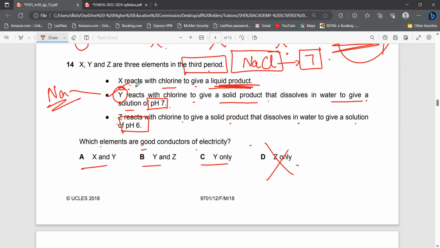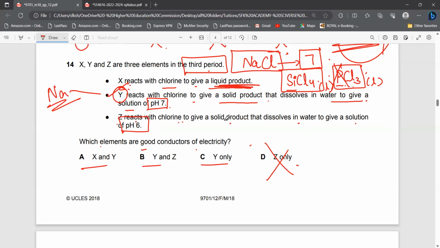What about X and what about Z? लेट्स सी कौन से ऐसे क्लोराइड्स हैं और कौन से ऐसे पीरियड 3 के एलिमेंट्स हैं जो कि क्लोरीन के साथ रिएक्ट करके लिक्विड्स बनाते हैं। तो एक ही है जो कि लिक्विड बनाता है, और वो है सिलिकॉन टेट्राक्लोराइड। या फिर फास्फोरस रिएक्ट करता है, PCl3। लेकिन अगर आप बात करें दोनों की, दोनों ही लिक्विड्स हैं, राइट, सिलिकॉन और फास्फोरस, ये तो बिल्कुल भी इलेक्ट्रिसिटी कंडक्ट नहीं करेगा। सिलिकॉन की अगर आप बात करें तो कभी करता है कभी नहीं करता, क्योंकि मेटलॉइड है, राइट।